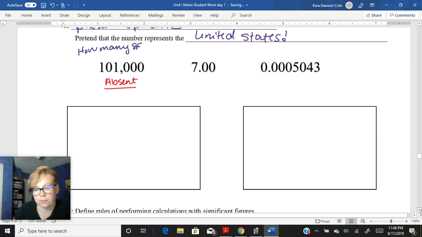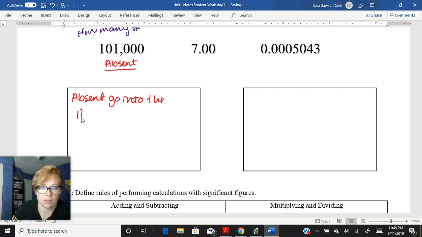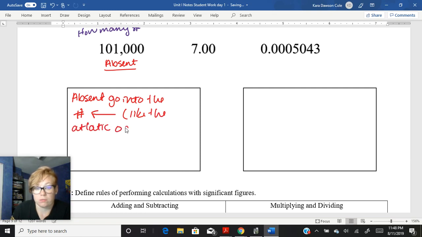So if the decimal point is absent, into the number, this way, so from right to left. So this is kind of like the Atlantic Ocean goes into the US